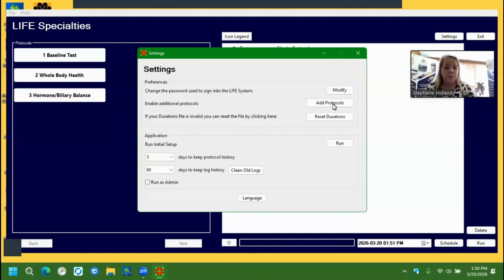Enable additional protocols. That is a feature that can help you add other protocols. Once you've paid for them, you can get a coupon and enter them through this feature. But you can also go to Live Biofeedback Solutions and add new protocols easily, or purchase the whole AutoPanel package